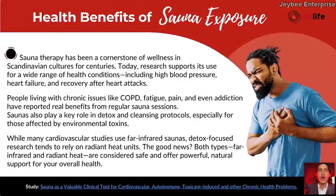Here are the benefits of sauna exposure. Sauna therapy has been a cornerstone of wellness in Scandinavian cultures for centuries. Today, research supports its use for a wide range of health conditions, including high blood pressure, heart failure, and recovery after heart attacks. People living with chronic...